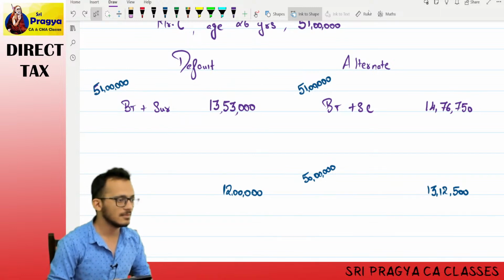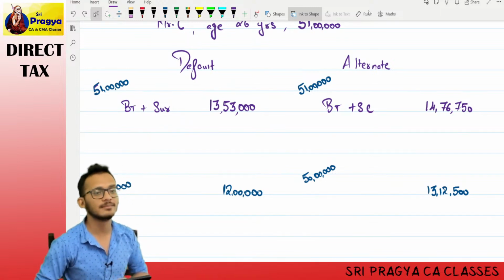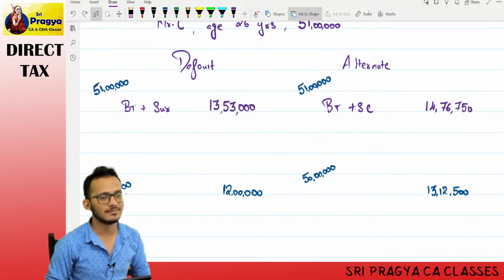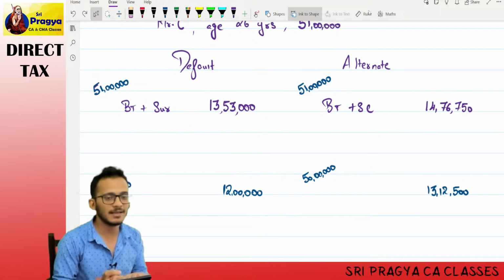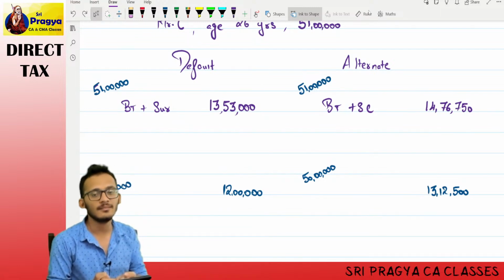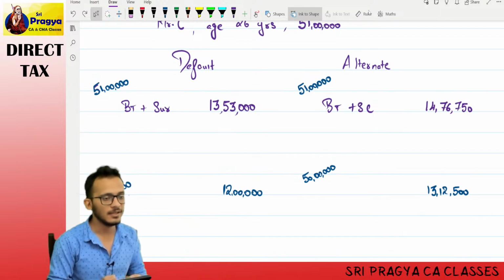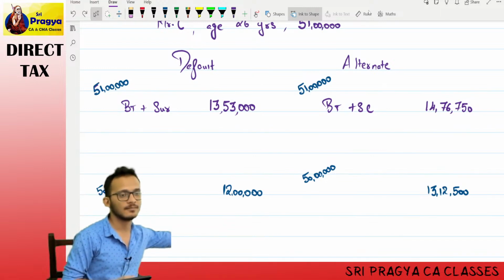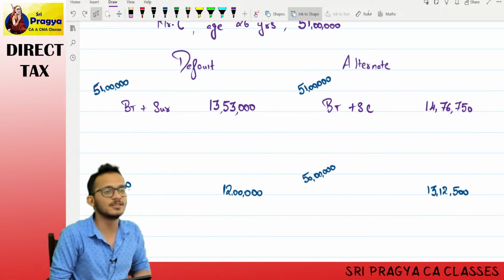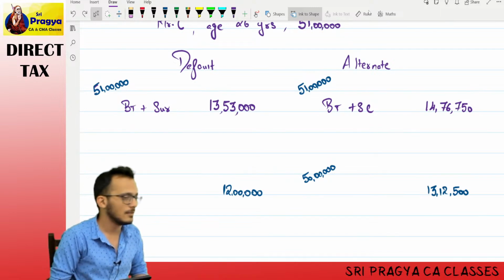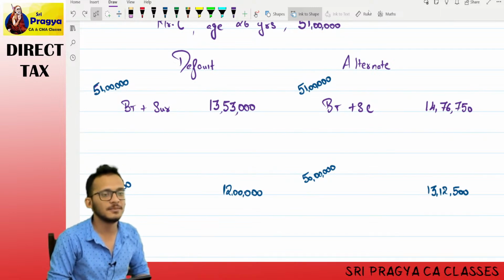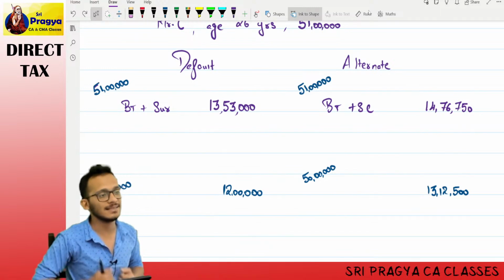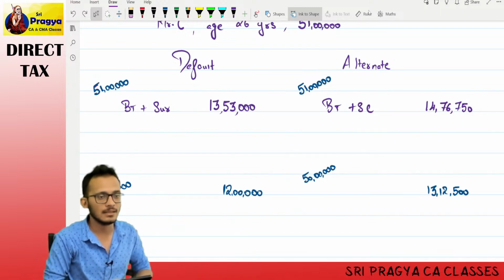Now, there is a problem. That is where the problem is. You went to the government and said what? Government said, okay, if you're giving me 1 lakh, give it to me in the form of tax. So the government came and said, do one thing. You pay me tax on 50 lakhs, plus now you promise me you'll give me 1 lakh. So add that, which means now you'll pay me 13 lakhs. But the moment you pay me 13 lakhs, I will not levy the 53 on you. Correct? No.